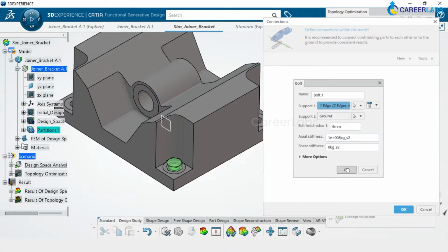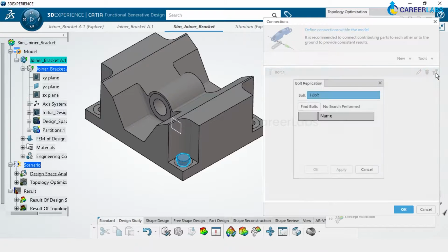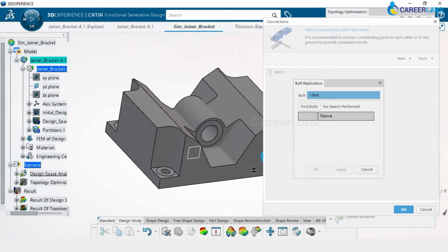and then okay. So this axial stiffness is nothing but when you screw this bolt, you see that there's some amount of torsion applied on the bolt, and due to the threads in the bolt, there's a kind of compression force acting over here. Okay. Similarly, we'll also go and add a few other bolts. So the other bolts should be added in these locations.